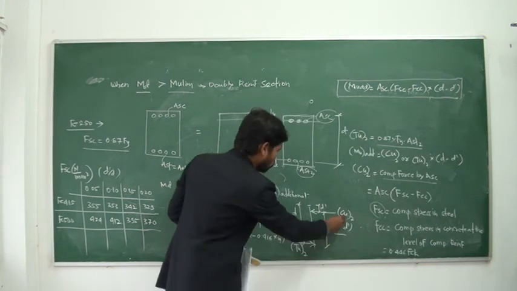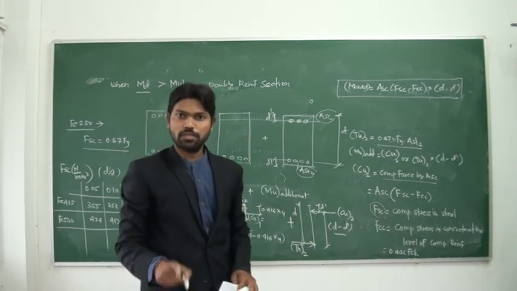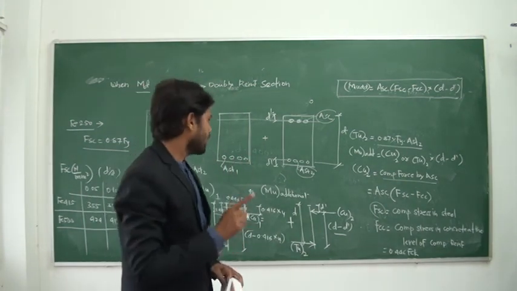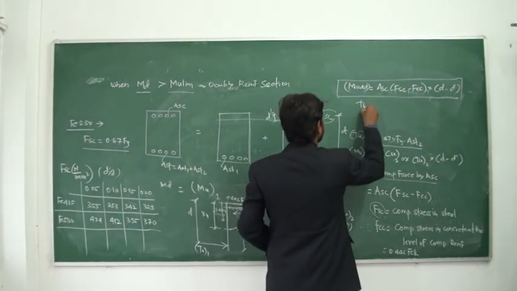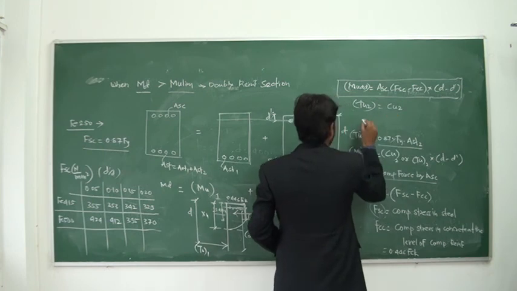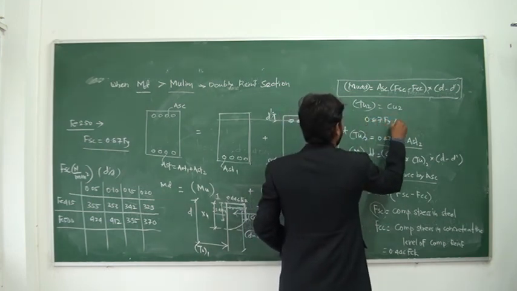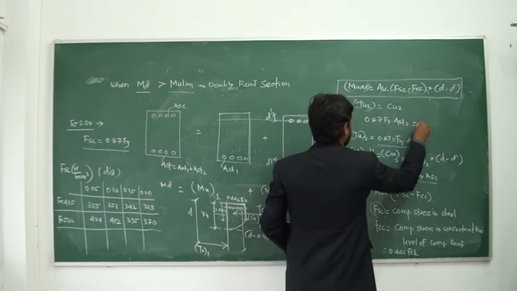Then both the forces Cu2 as well as Tu2 are equal and opposite. It means Tu2 is equal to Cu2. So if you put this value, 0.87 Fy into AST is equal to